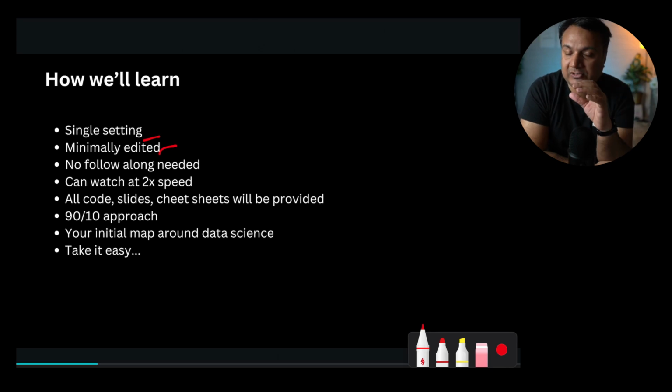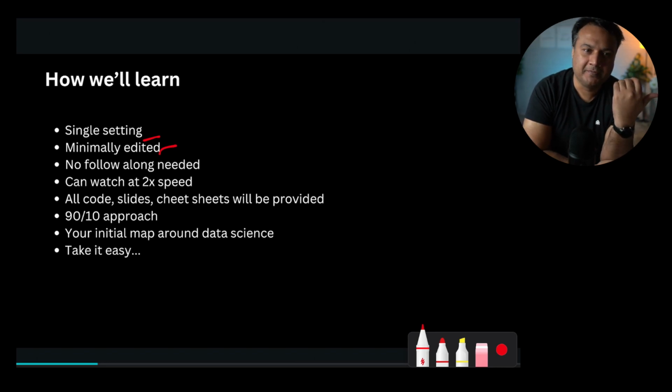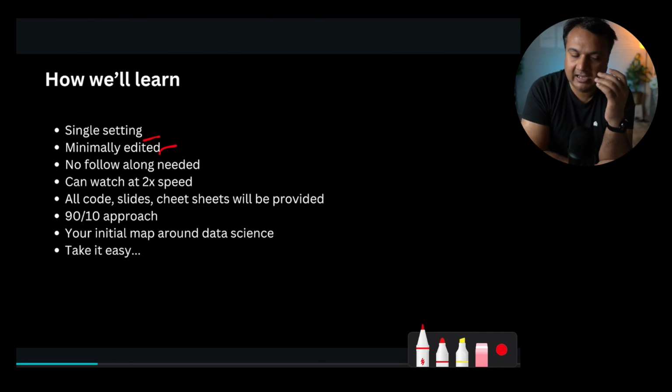The other thing, when I was planning to create this course, is that with this course material you don't have to do any follow-along exercises or quizzes. Just go through it as if you are listening to a friend, in a very easy to consume way. You don't have to take notes. You don't have to take screenshots. All the code, all the slides, even the cheat sheets, I'll be sharing in the description below. So all of that material will be provided to you.